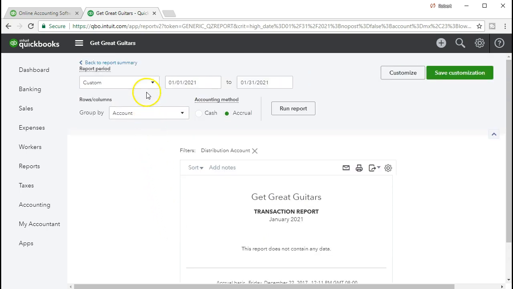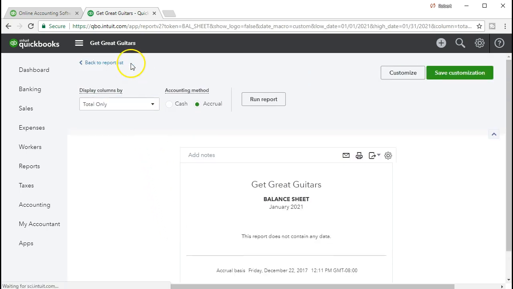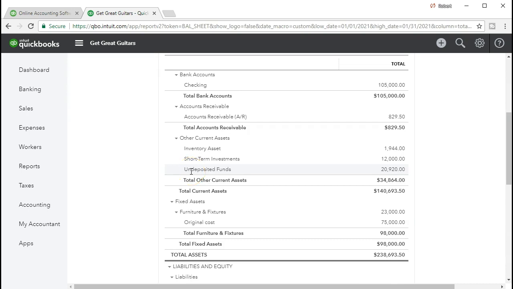If we go back to the main report, back to the balance sheet, and scroll down, now we see that undeposited funds account, not the uncategorized asset account, having that 20,920 in it. So that's one way we can make that adjustment. Again, you've got to be really careful when you make that adjustment. From a paper trail standpoint, you probably want to make a journal entry and adjust the information out so you can see everything that